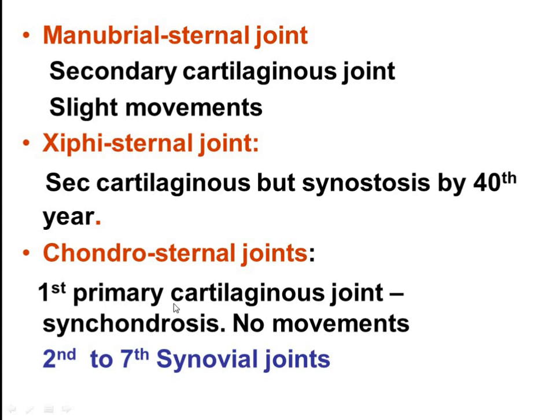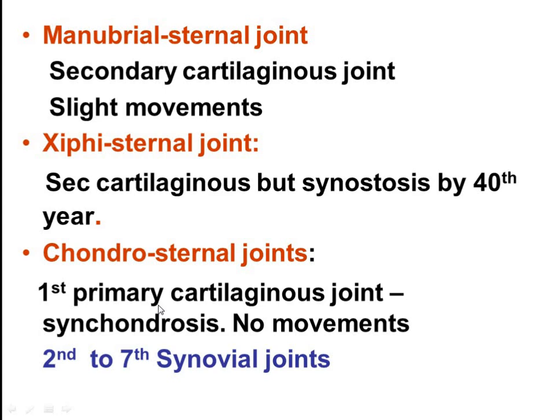This is the place where the thoracic inlet is. Above this, there is the clavicle also, with a common joint cavity between the sternoclavicular joint and the superior aspect of the first costal cartilage. And this is a synchondrosis, a primary cartilaginous joint,